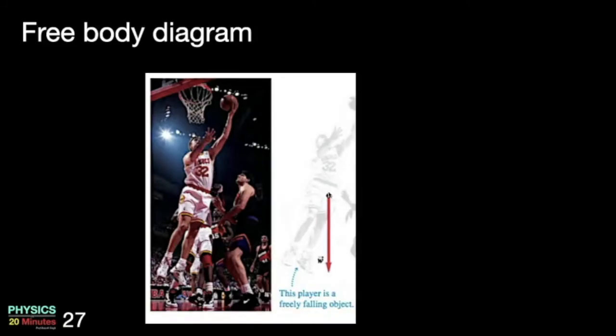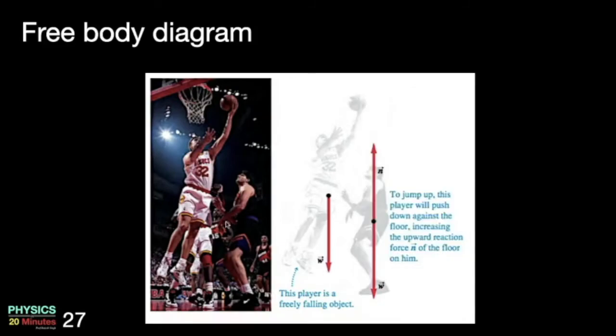So when you draw a free body diagram, you take the body as a point, and on that point we will say that his weight is working in the downward direction. From the point, you show your force vector. Put the tail of your force vector at that point and use the direction standards to show the vector. The weight works downward, so it will be drawn in the downward direction.